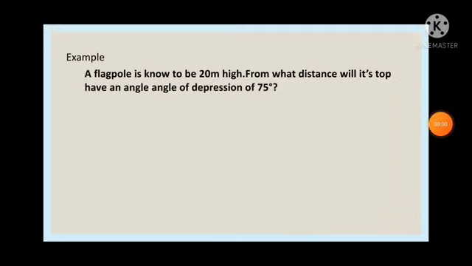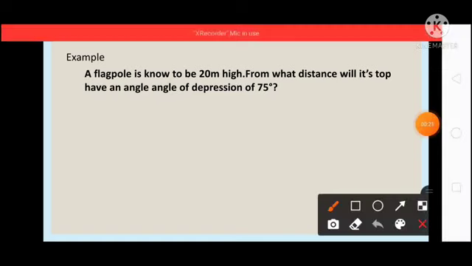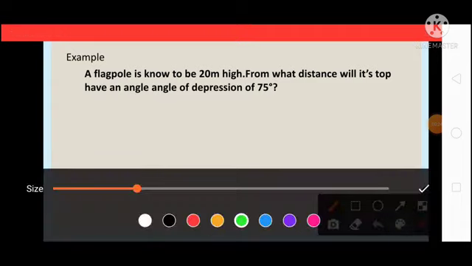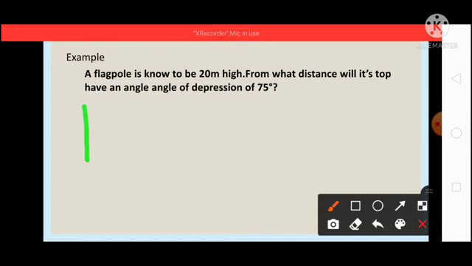A flagpole is known to be 20 meters high. From a distance, its top has an angle of depression of 75 degrees. So we have to find the distance from the tower to the observer's eye of the angle of depression. So let's see, 20 meters high, then the distance is unknown, then the angle of elevation is